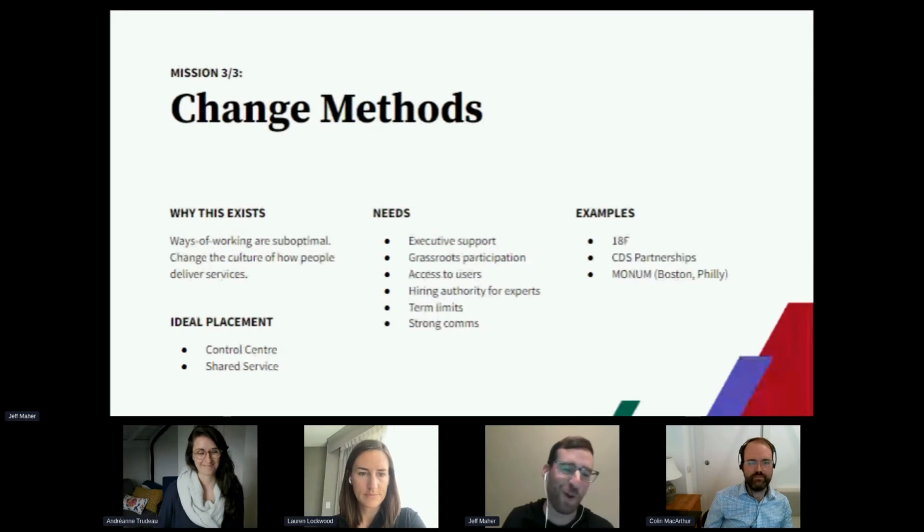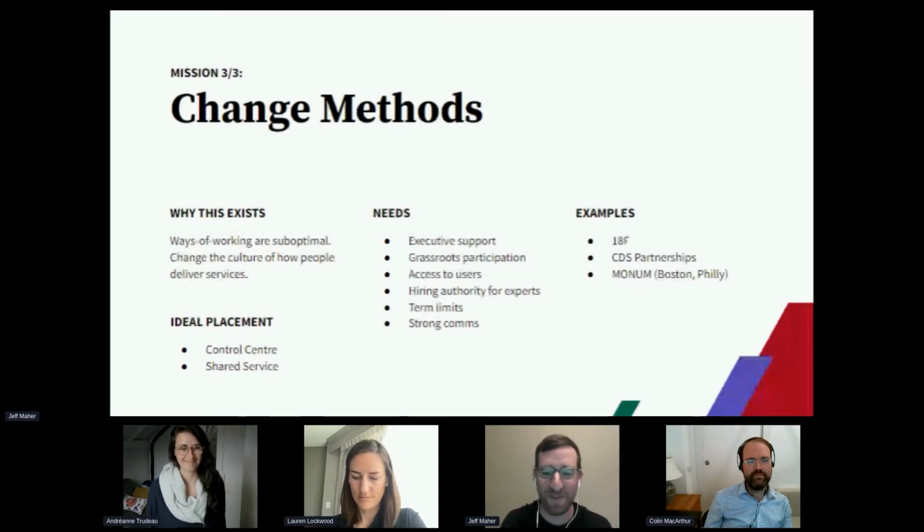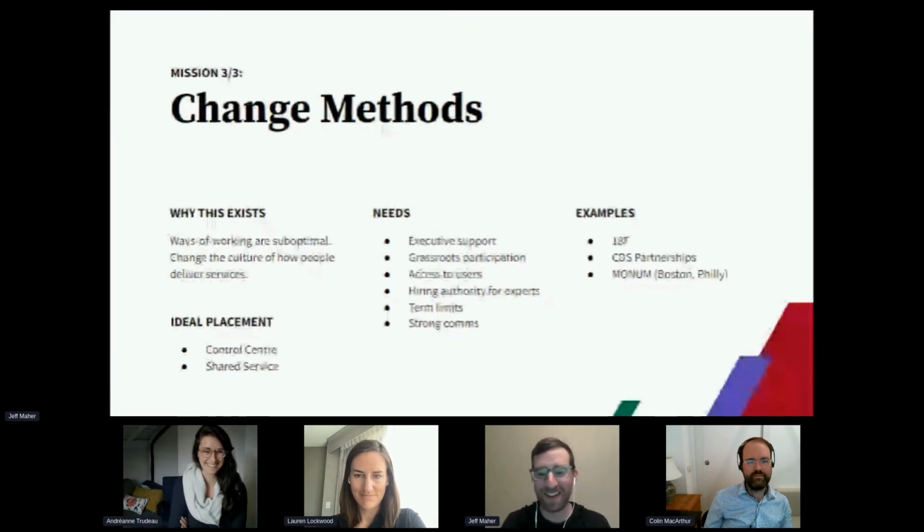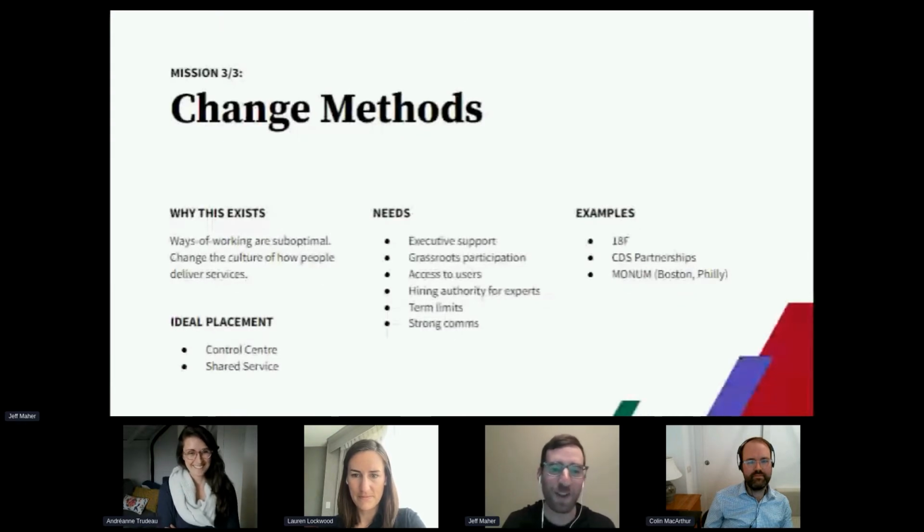Finally, there's one last kind of spicy need that we have on this slide, and that is term limits. We don't have this as a critical or must-have, but we list it to say that it's a consideration. It can be really helpful for getting the appropriate hiring authorities for experts, or to constantly refresh a team with new people and ideas. However, it does come with negative trade-offs, and depending on the arrangement, it can hurt the